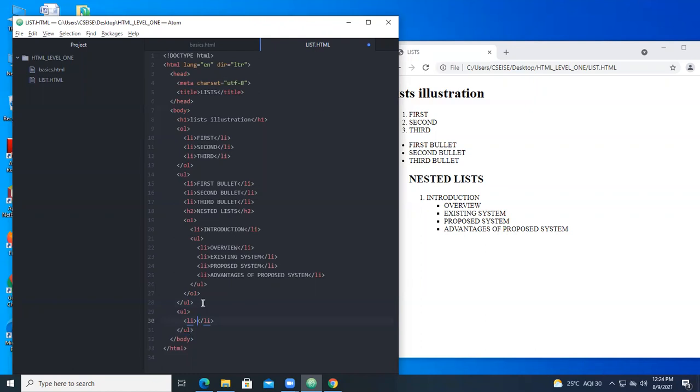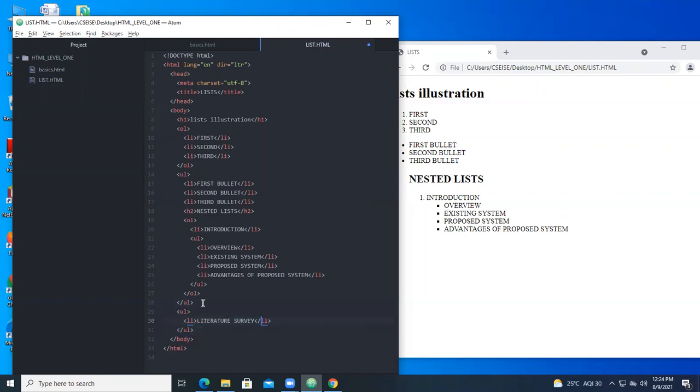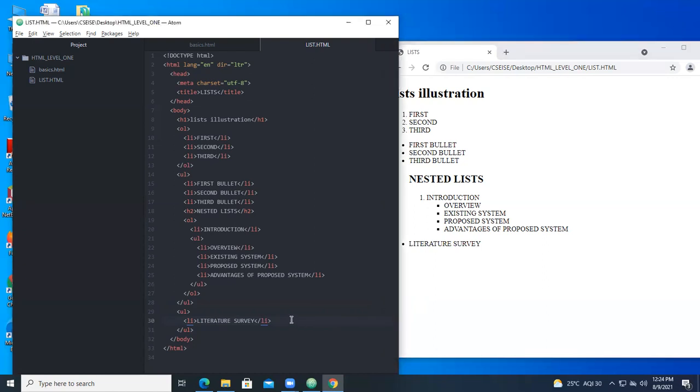So what can you give? Something like literature survey. So this is the unordered list I have taken. Control S and run it here. Here you can see literature survey in bullets.